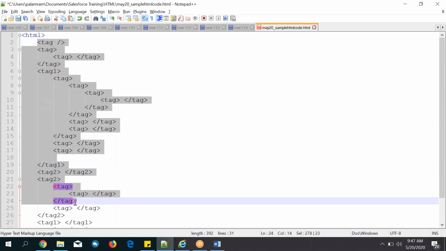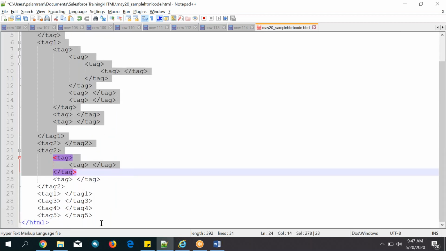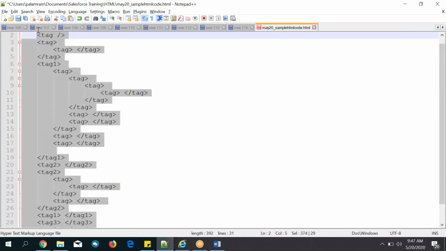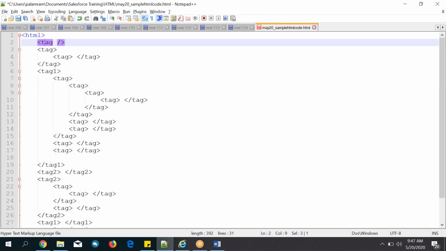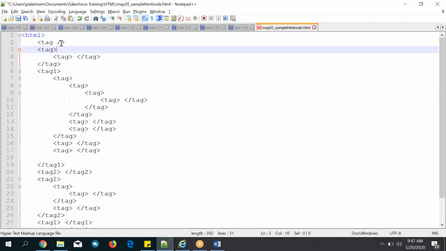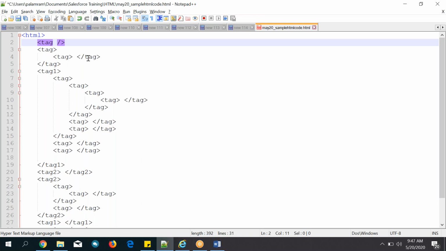Any questions on this one? If you understand this one, that's all about the HTML way of writing. Even if you are a non-technical guy, you can easily understand writing the code. So what are the things? I will show you the tag names, and this is the syntax: less than and greater than symbols, slash, that's it. Different tag names and different tags are there. All those tag names we can provide here itself.